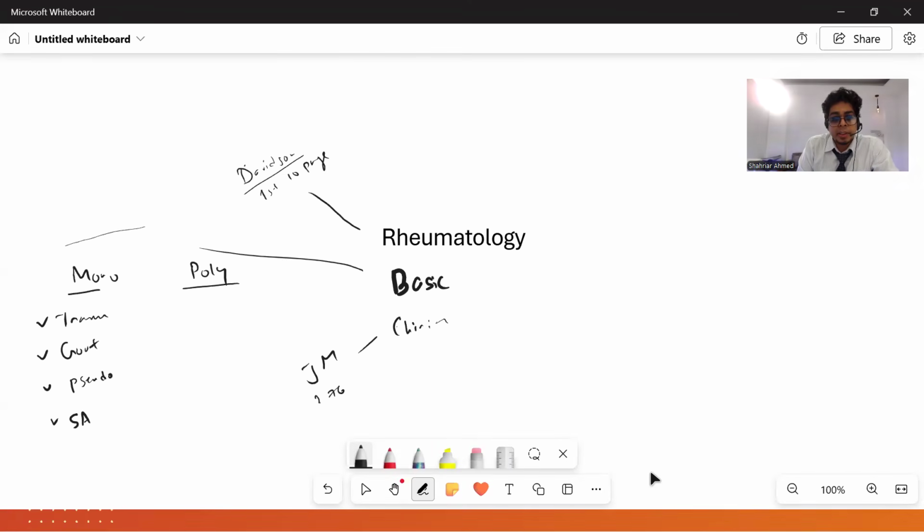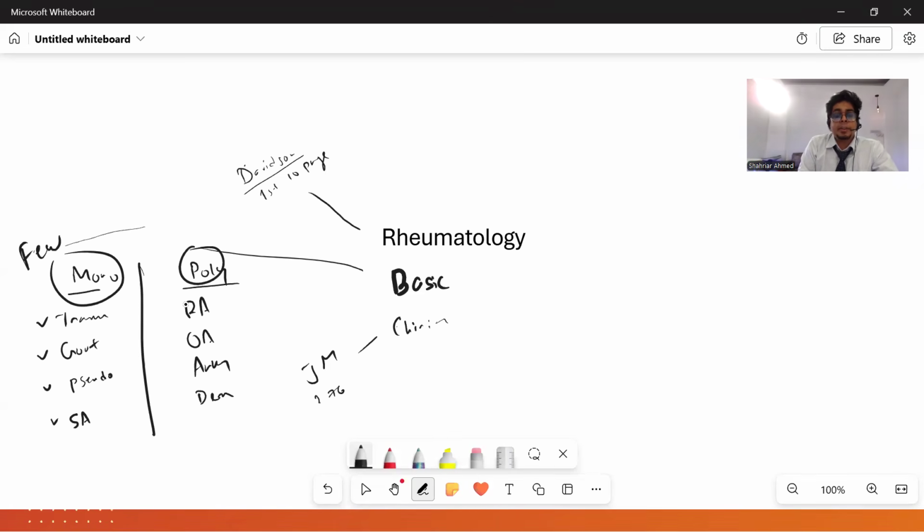Starting with the very popular rheumatoid arthritis and osteoarthritis, these two are in the top tier. Also, you can say ankylosing spondylosis, right? Then oligoarthritis, and conditions like dermatomyositis, polymyositis, polymyalgia rheumatica, many of those. Basically all the remaining ones are polyarthritis. So mono is basically few and poly is the rest. That is how you can remember.